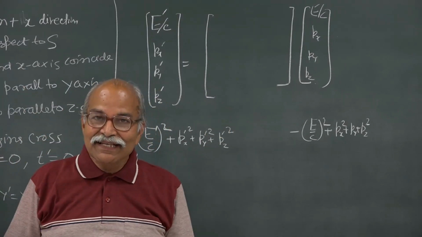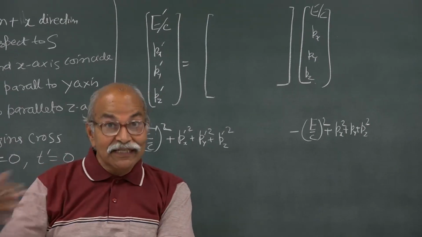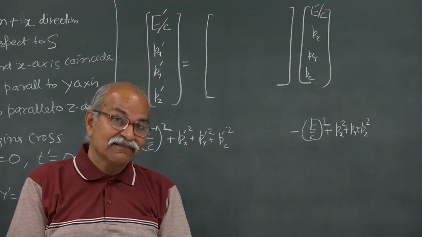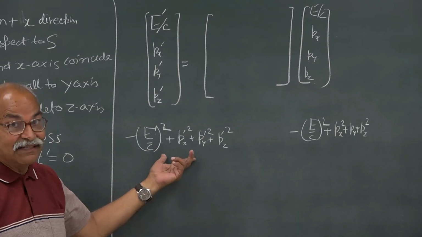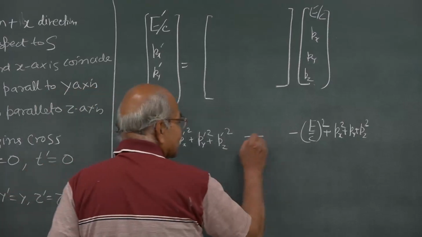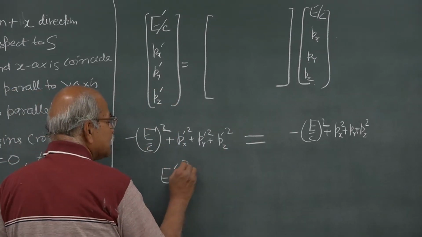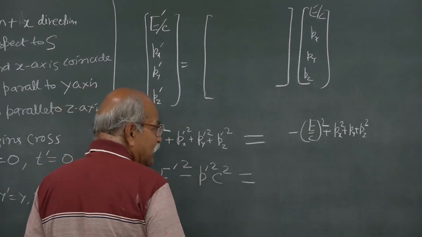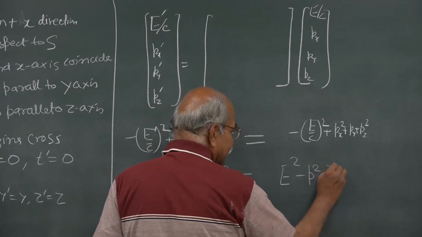Similarly, here, if I am changing from one inertial frame to another inertial frame in whatever fashion, that length of the vector will not change, and this represents the magnitude of the vector, square of it. So this will be equal to this, I can still say. So E prime square minus P prime square C square will still be E square minus P square C square,